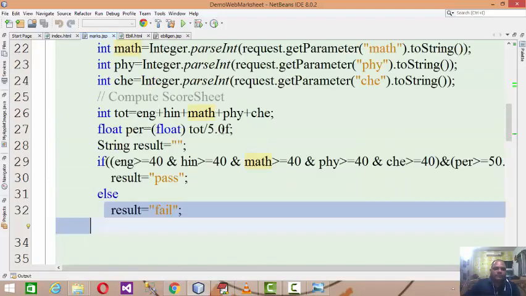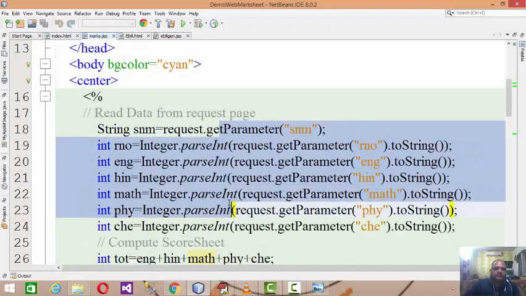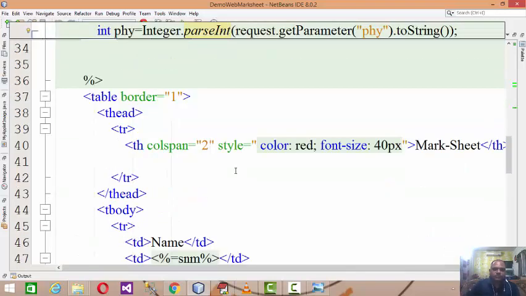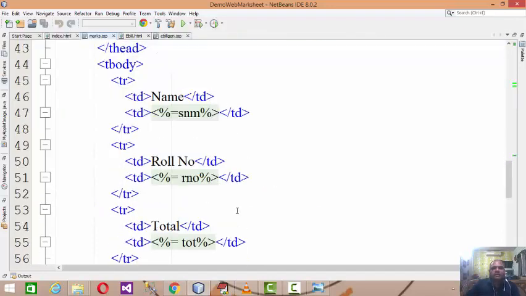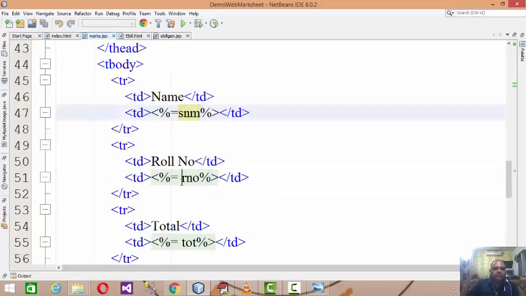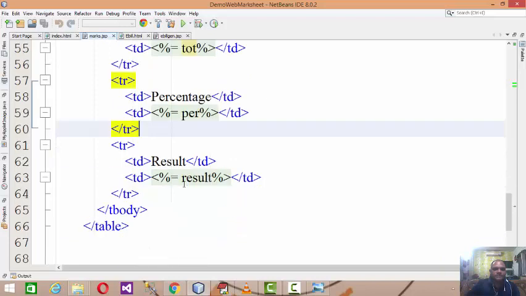And then obviously, after reading that data and processing that data, the time comes now to display that score sheet. So here I again take help of HTML, and to print the output, we have the expression tag. We already discussed the scriptlet and expression tags. The expression tag is as good as your out.println to print the output. We can directly refer to the variables. So here in the first column it will print the name, and in the second column the value of that particular variable sname, the value of the variable roll number, total, percentage, and result will be printed over here.